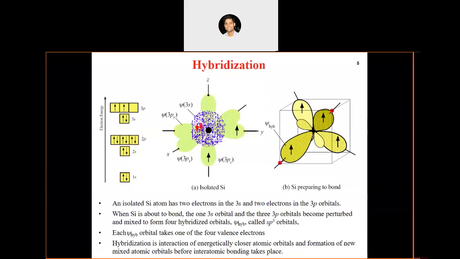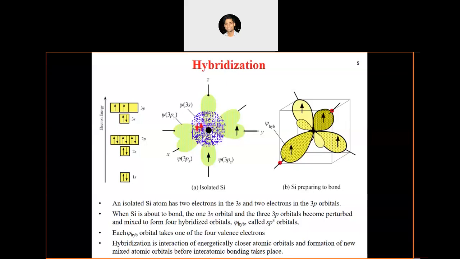band formation. So in case of metals, if you remember, there is usually one or two valence electrons, and when we bring these metals together, these electronic wave functions overlap and we form different bands, right? The s band, p band, and they are all overlapping. So that is why the electron is completely free to move within the crystal, right? In a metallic bonding scenario, that is what happens.